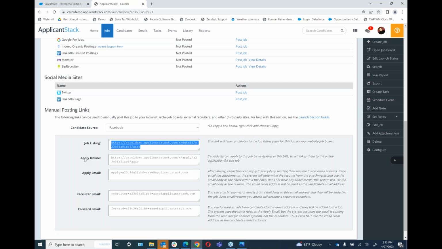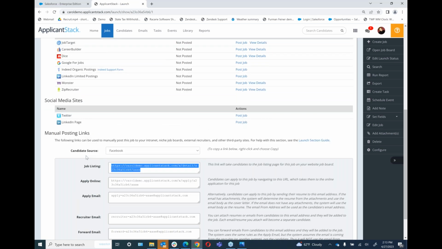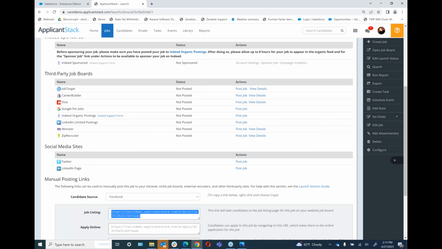Great, thanks, Carol. What Carol is showing you right now is under a section called manual posting links. What Carol just described would be the same process you would use to post your jobs on niche sites. So if you post your jobs on a technical college site or an association site or an alumni site, something along those lines where we don't have an integration already developed, you grab those manual posting links that Carol highlighted,